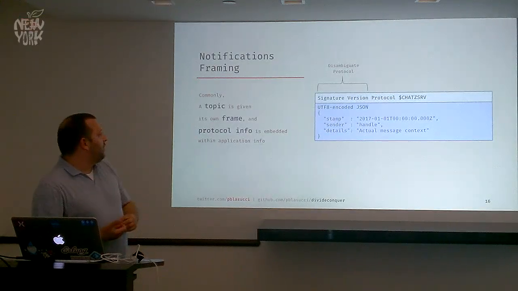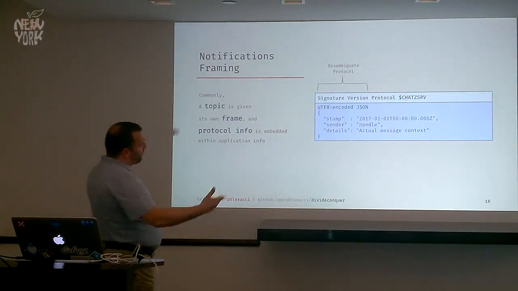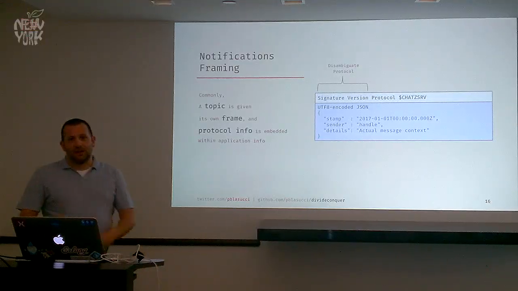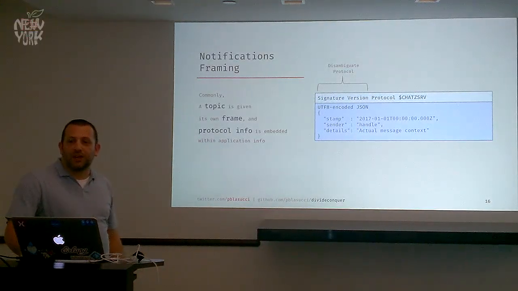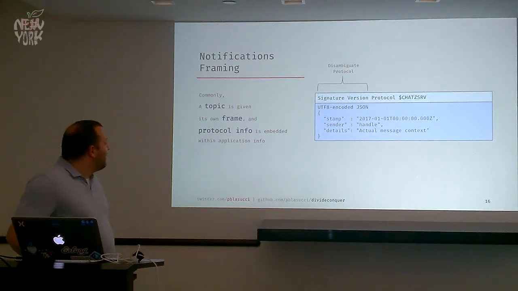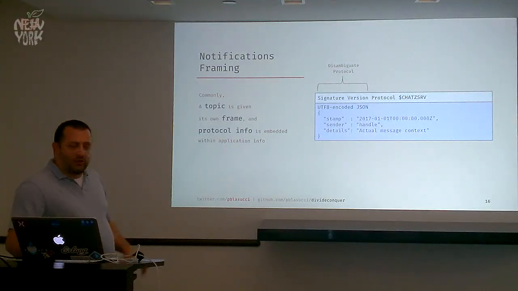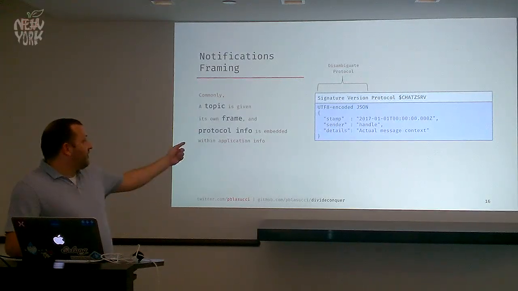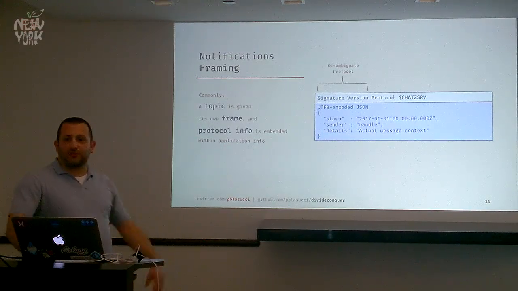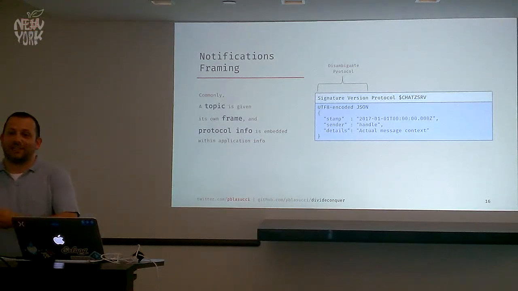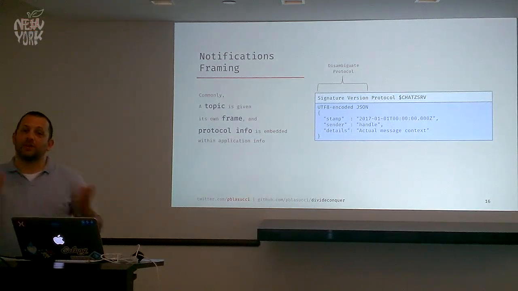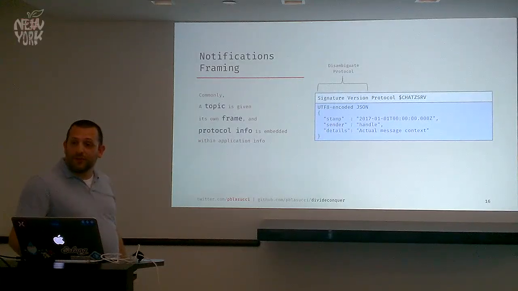And then our payload for an actual message is who sent the message, timestamp, and then just a string of the actual message, just something simple here. The goal is not to build a Slack replacement, it's to demonstrate distributed computing. So there you have it. And obviously we use a very simple algorithm. If the sender is $chatserve, it's a group message. If the sender is anything else, it's a private message from that person to you. So pretty simple algorithm.